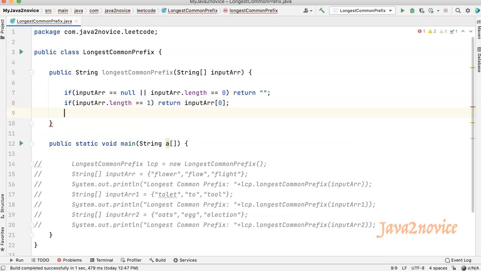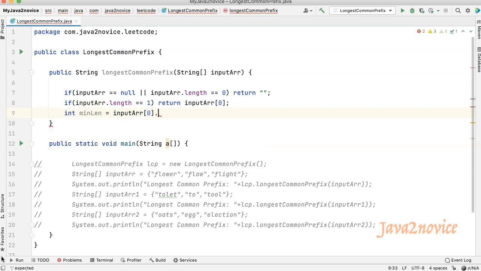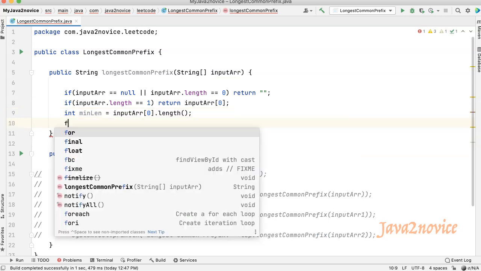Now, let's find the minimum length string from the array. We will consider the first string length as the minimum initially. We will loop over the array to find the minimum length.